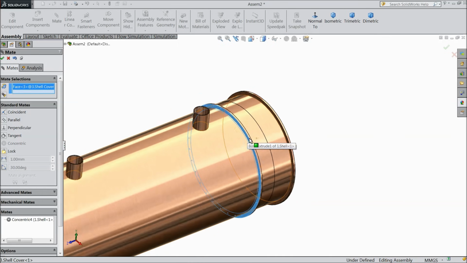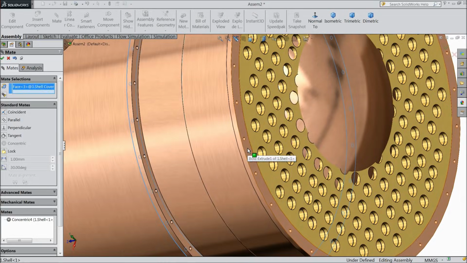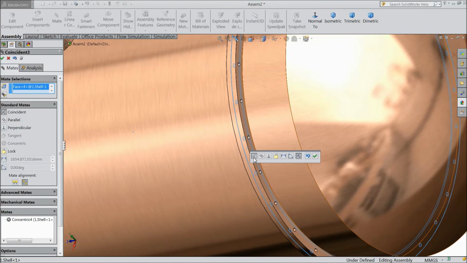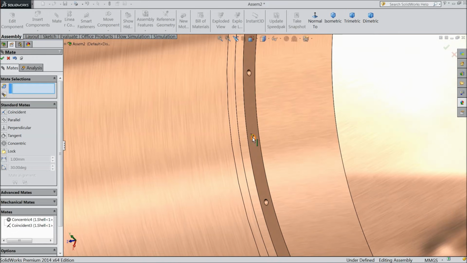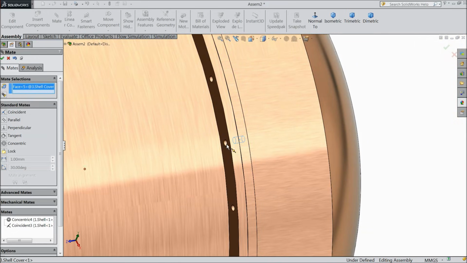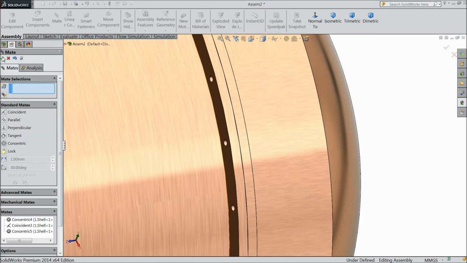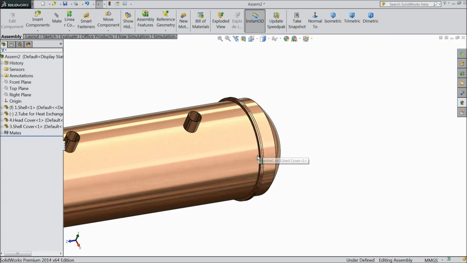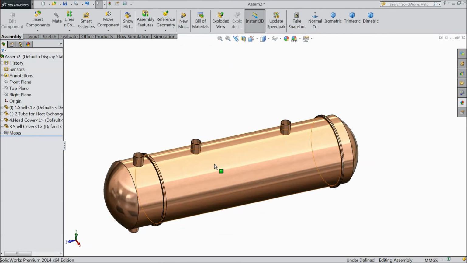Now select this face and select this outer face, coincident. Okay. Now select this one hole and select one hole in the opposite direction, concentric. Okay. Now the body of the heat exchanger tube has been fixed.